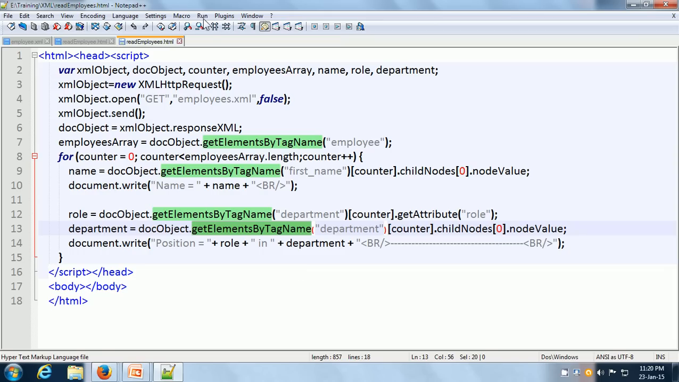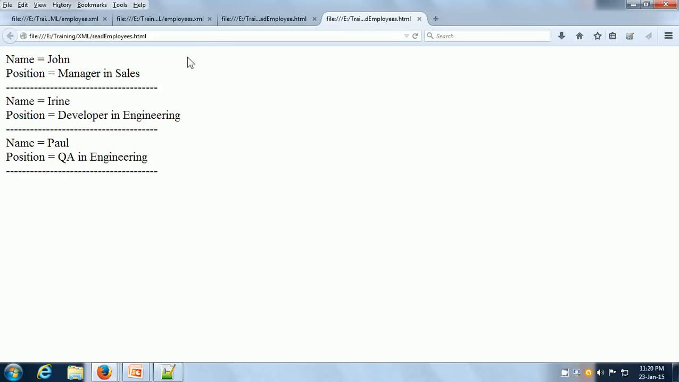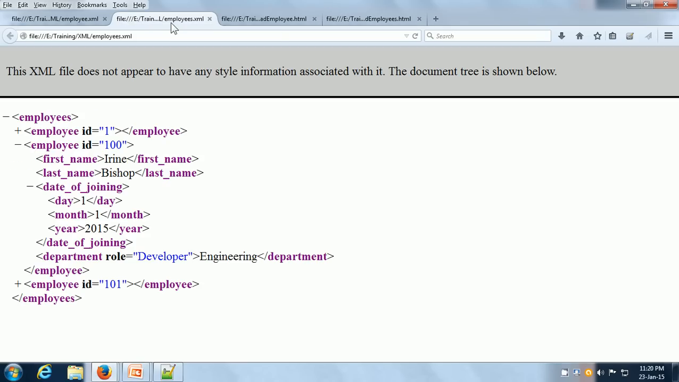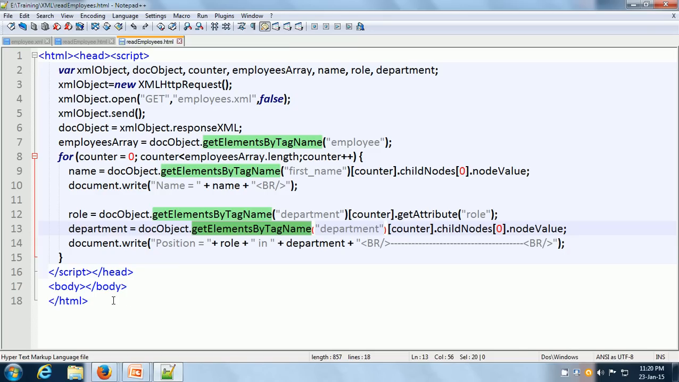So let us run this now and see. So we are getting name is John and position is manager in sales. So this data is coming from both the department value and the attribute value. So sales is the department and the attribute is manager. So engineering is the department and role is developer. Engineering is the department and role is the QA. So like this, we can see that